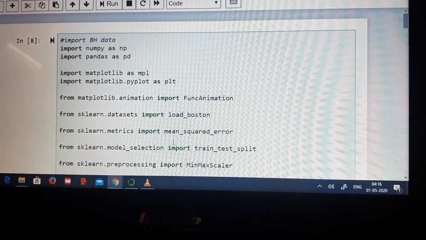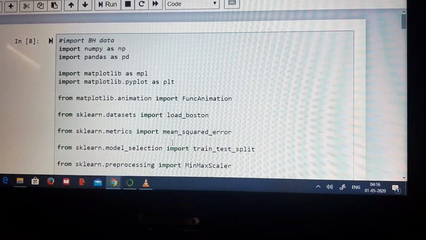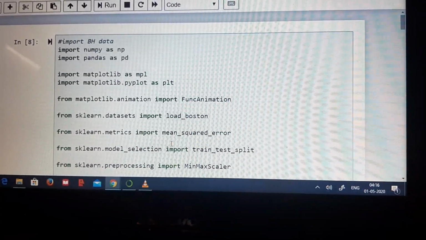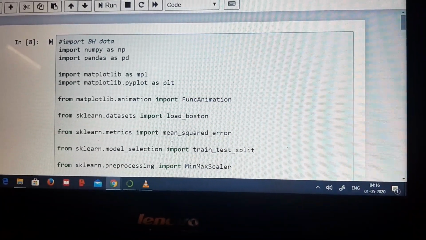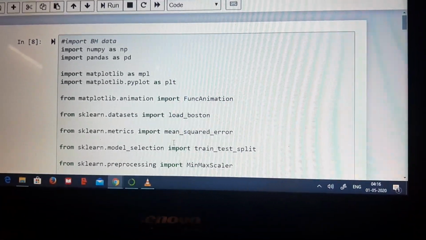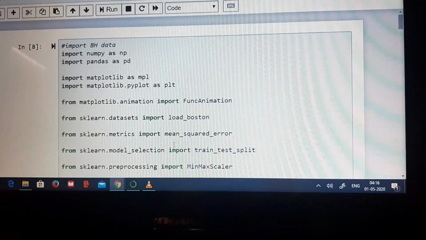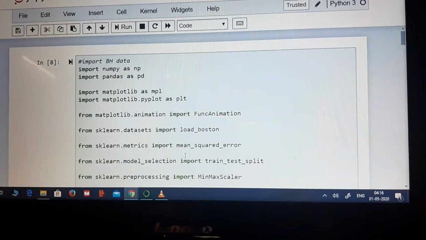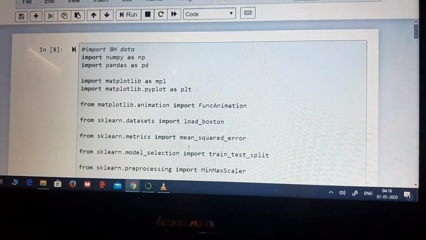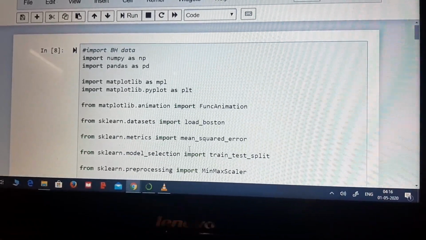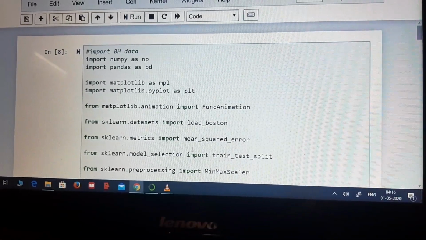There are 5 steps involved in solving any problem using machine learning with Python. First one is data pre-processing. Second, define error. Third, split the data into two parts: the first is training data and the second is testing data. Fourth is train the model, choose the algorithm for ML using Python. Fifth one is prediction.